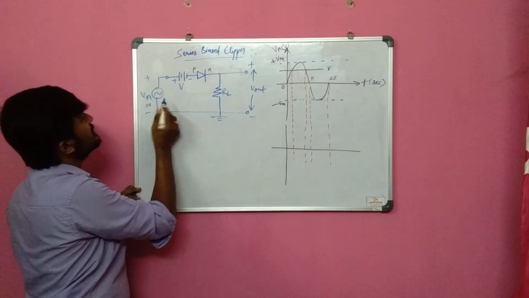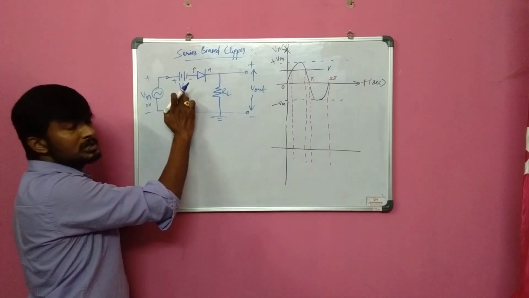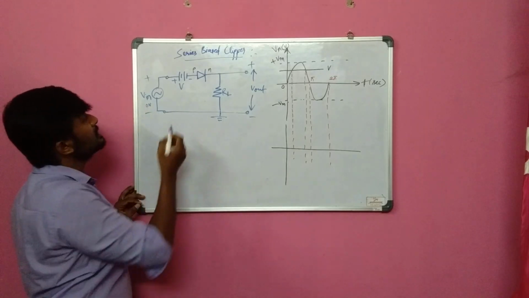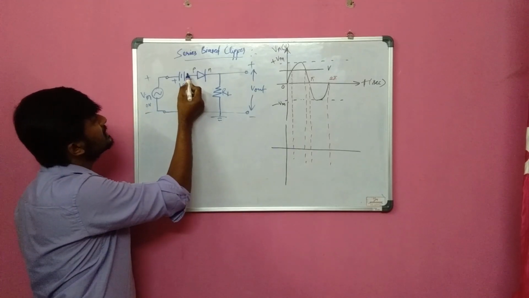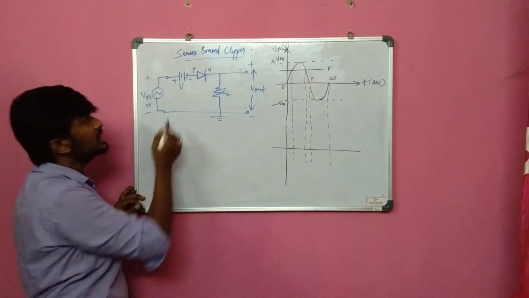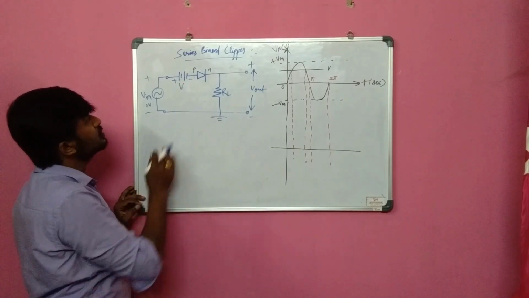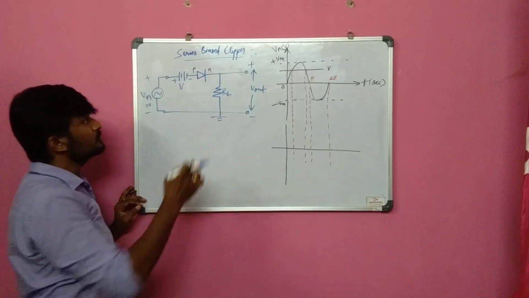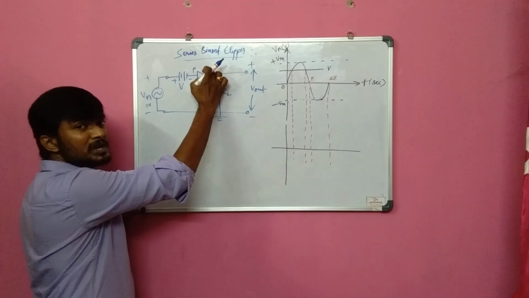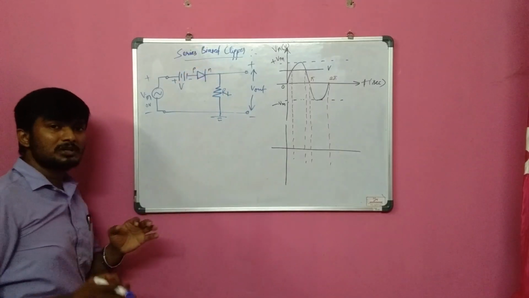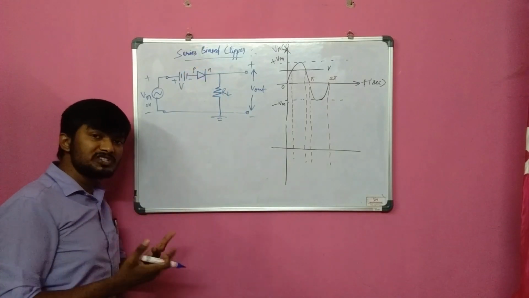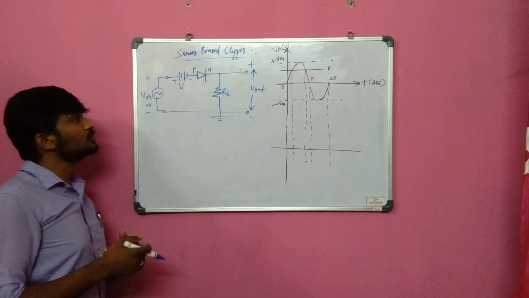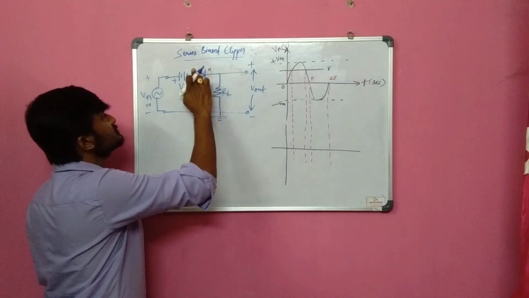Here, this is 0 volts, this is V volts. So definitely V dominates and 0 is lesser. So what happens here? Negative of the battery is connected to positive of the diode. So the diode definitely undergoes which bias? Reverse bias. Reverse bias means I will remove this diode, because in reverse bias the diode acts as an open switch. Open switch means no current flows, so there is no output across the output, because it simply acts as an open circuit.